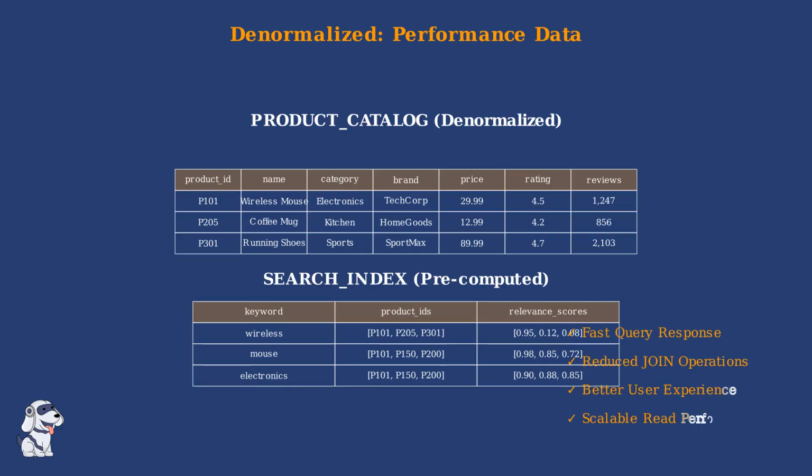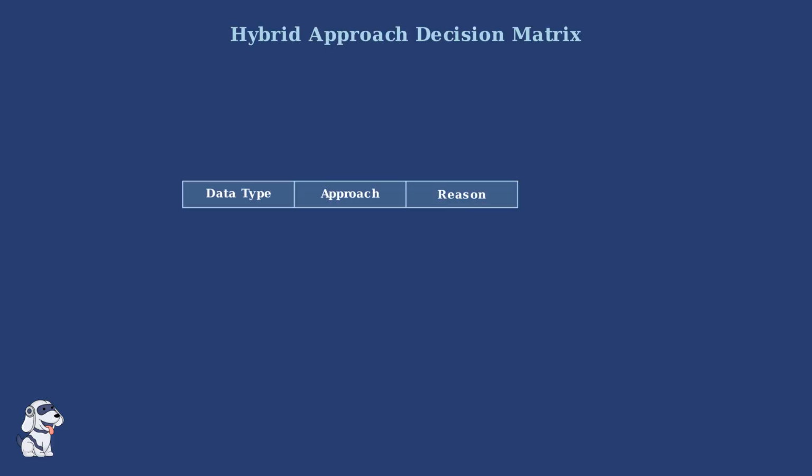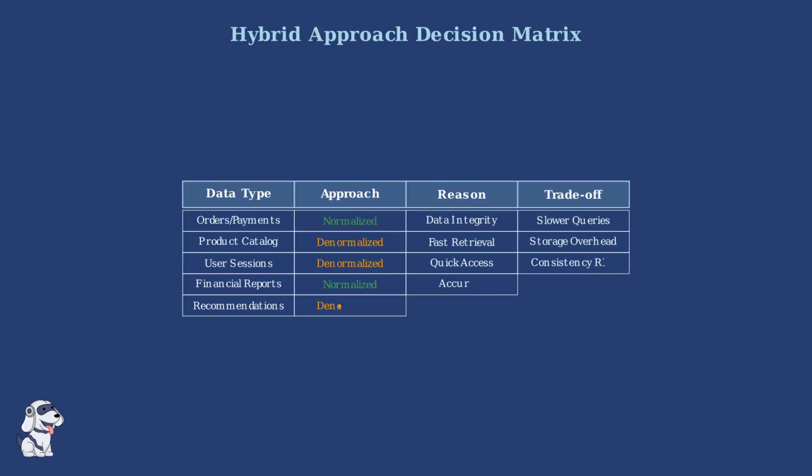Denormalized performance data provides fast query responses, reduces complex join operations, improves user experience through quick page loads, and offers scalable read performance for high-traffic scenarios. This decision matrix shows how e-commerce platforms strategically choose between normalization and denormalization based on specific data requirements, balancing integrity